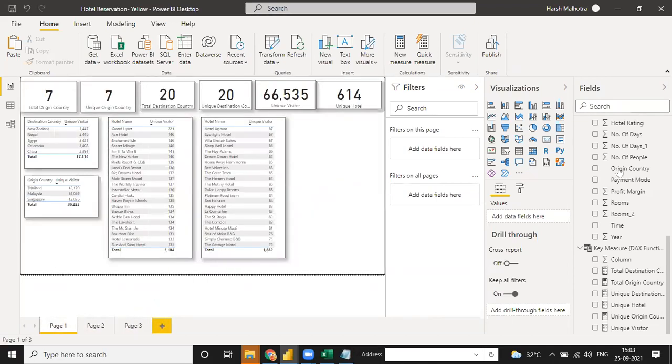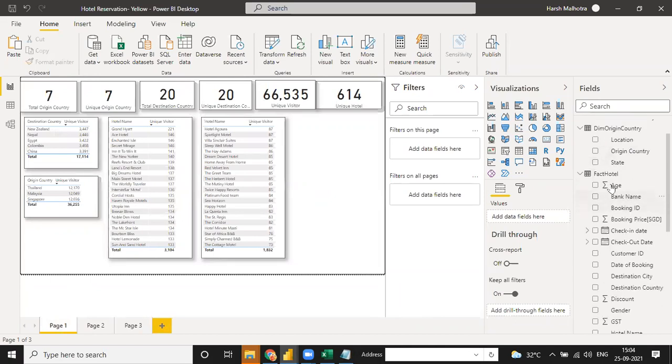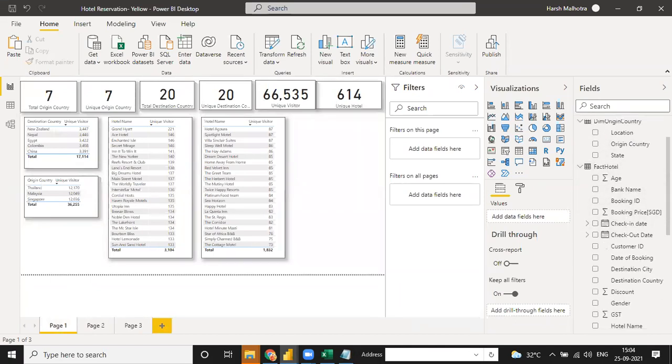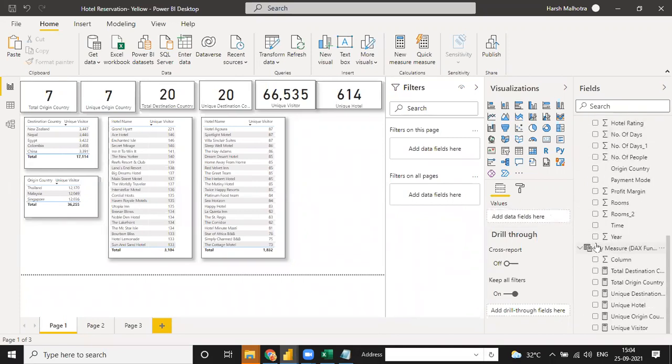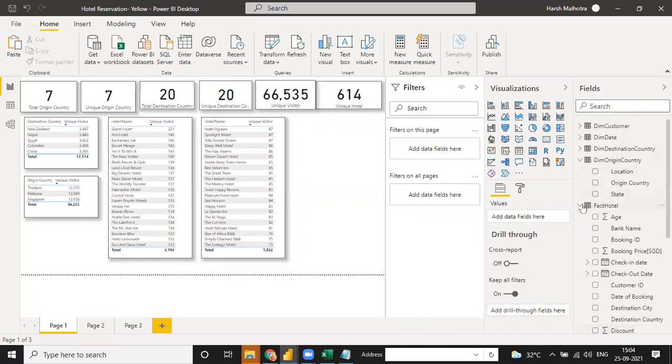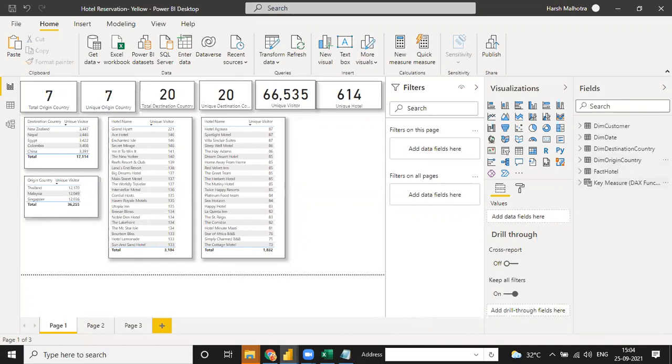In this first sheet, we have a hotel rating. In the fact table, we have the total number of ratings. If we need a rating wise visualization, like highest rating, average rating, or minimum rating, how do we use that function? For this, you can use a new measure.